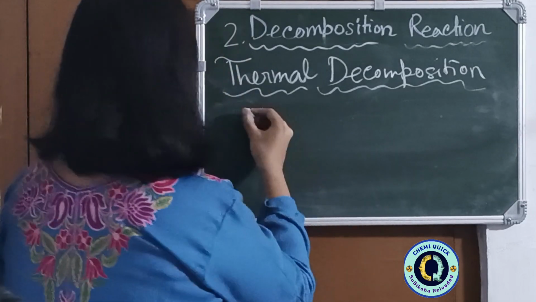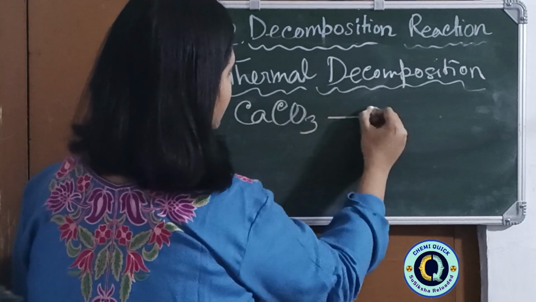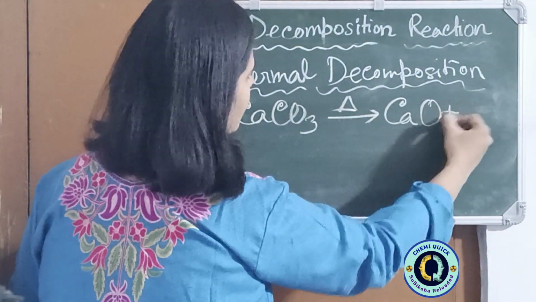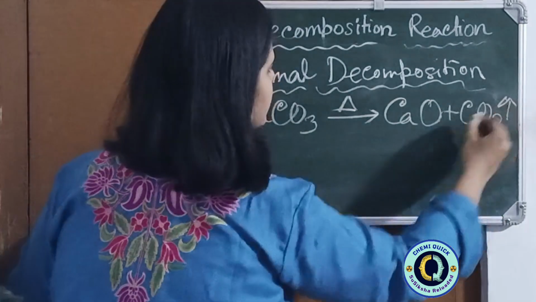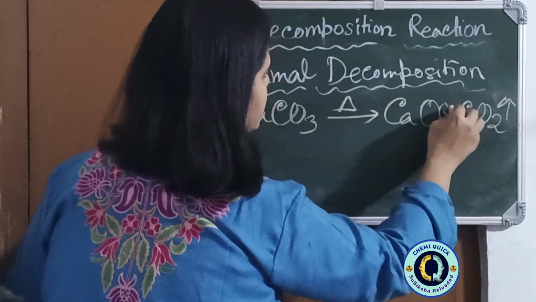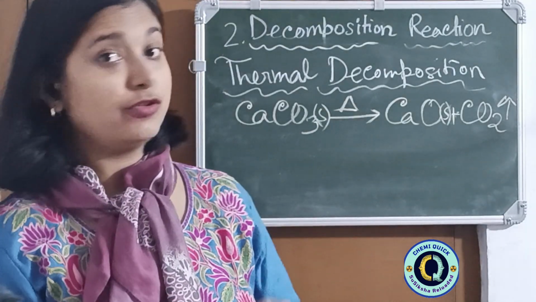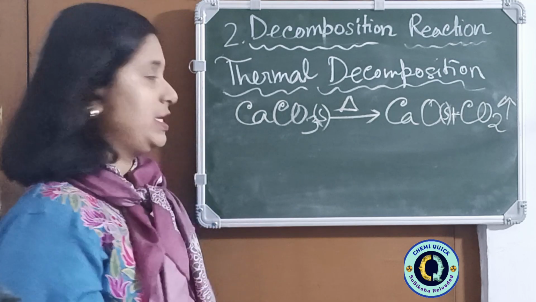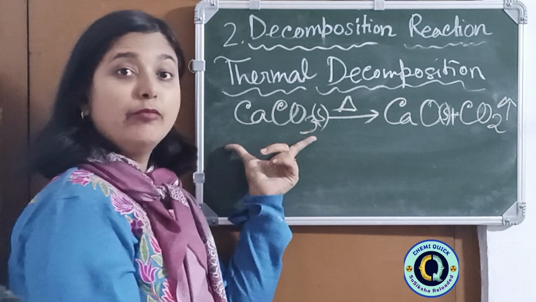That is a very small one. CaCO3, when heated, gives CaO plus CO2, which is a gas, and this is a solid. This is again a solid. Now, this one does not have any color change, but this is a very important form change. This is a white solid, which is calcium carbonate.